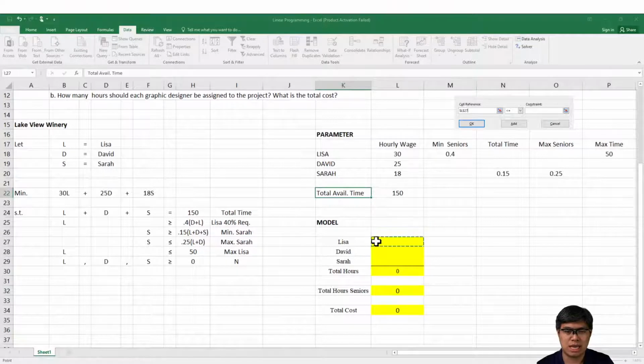So as mentioned, Lisa is greater than or equal to 40%, 0.4 times the total of the senior designers. Sorry, my mistake. Okay. So you select the sum. Okay. So that's it. Now you can do it in reverse. Whichever comes first does not matter. You'll get the same result. The next is we add the third constraint now. For this one is the minimum requirement for Sarah. This is much easier. So Sarah is greater than or equal to 15%